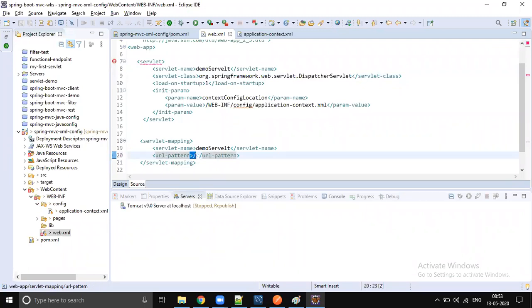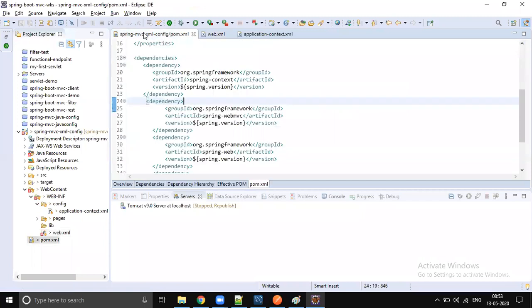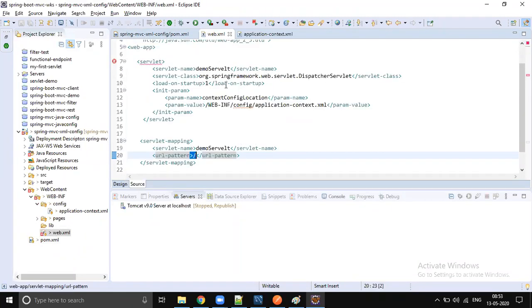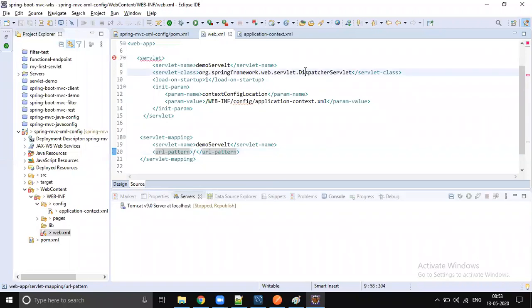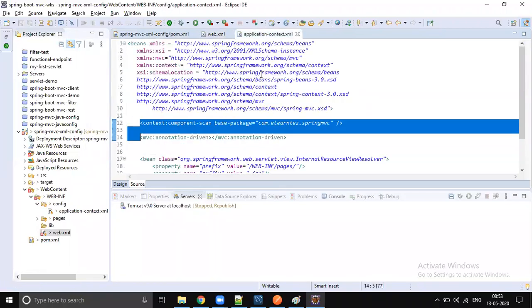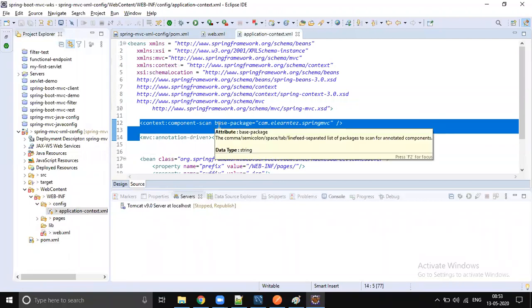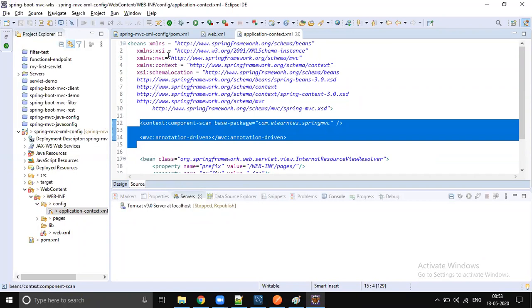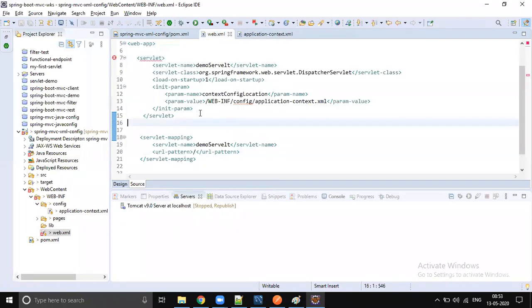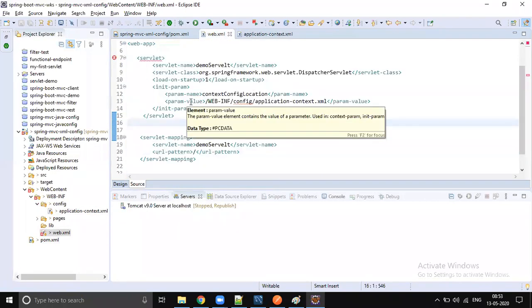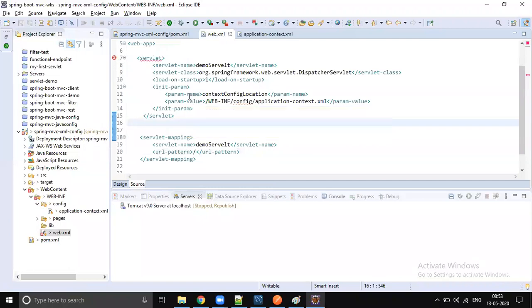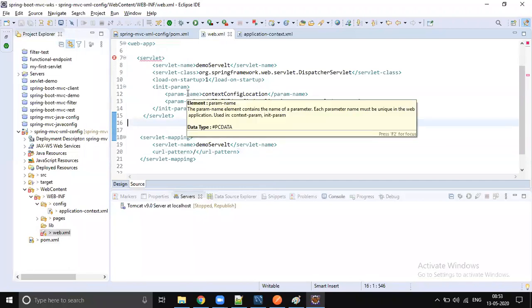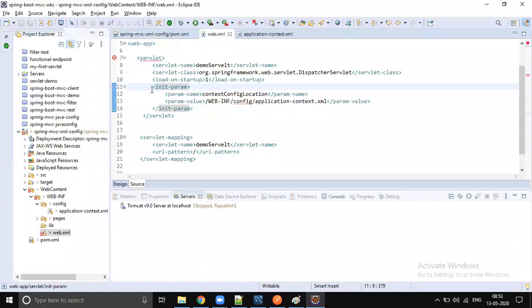So there are totally 3 steps we discussed. First is adding the dependencies. Second is making dispatcher servlet a front controller in the web.xml file. And the third thing is writing the Spring configuration and passing that configuration file as an init parameter to dispatcher servlet, right? These 3 things minimum you have to do whenever you are using servlet